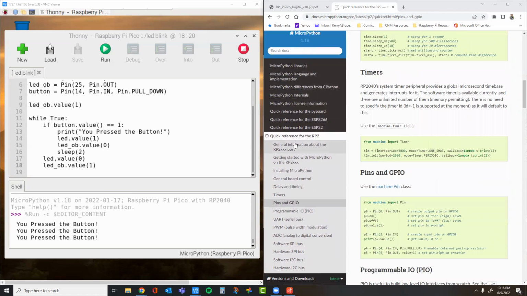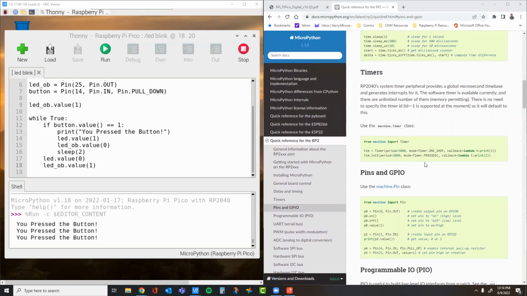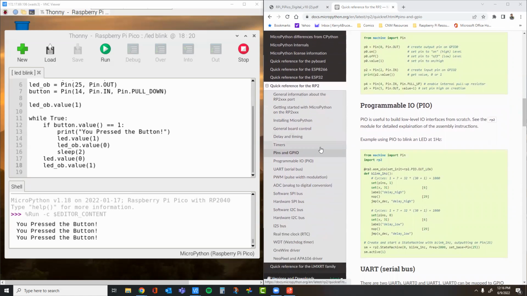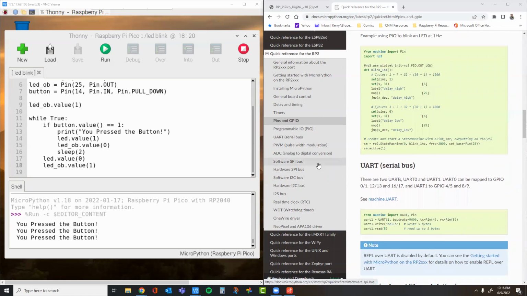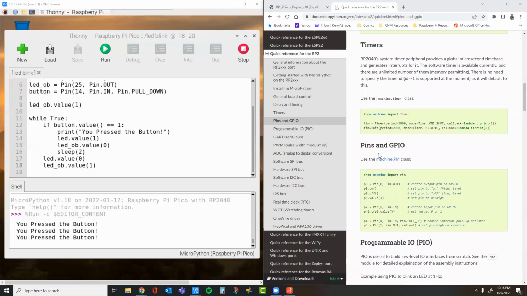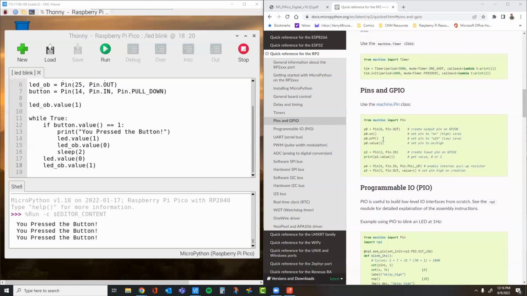So this is the quick reference. I'm in MicroPython. I'm trying to find it for the RP2, so I think that's what we're looking for here. I was hoping that there would be like the pin, right? That pin would have a like a blink